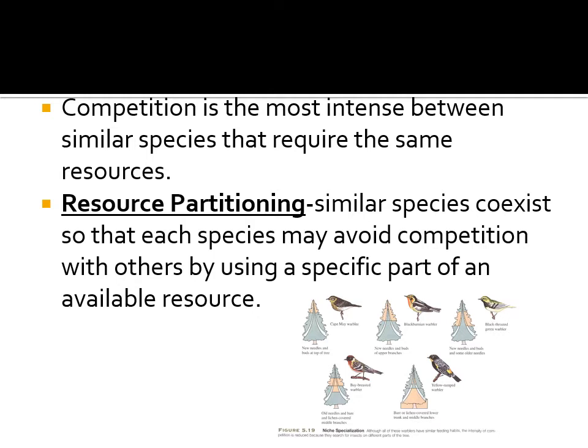Even though they might live in the same type of tree, some of the birds might instinctually only live in the top part of the tree and use the resources up on top, while another species of bird might only live in the bottom part of that tree and use that for their food and their nesting sites. So it helps to break up their resources, kind of like dividing up a pizza, making sure that everybody